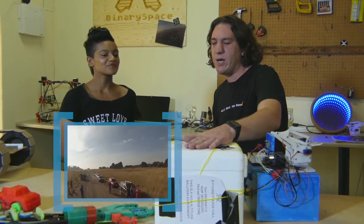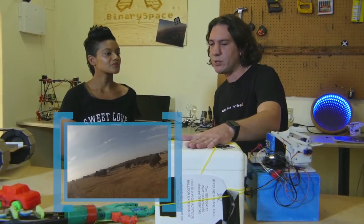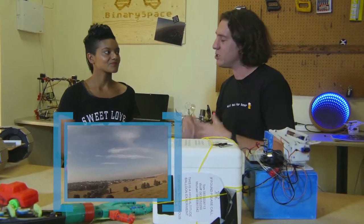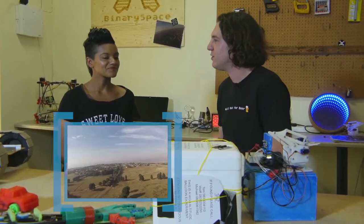And then for the payload, we chose a polystyrene box, basically to keep the temperature inside warm enough, because on the outside it gets minus 40, minus 50 degrees, and your electronics will freeze over at that point. So we went with a polystyrene box, and then we basically hacked it all together in the last couple of days before the launch. And Saturday morning we went there, set everything up, let the balloon go, and then we